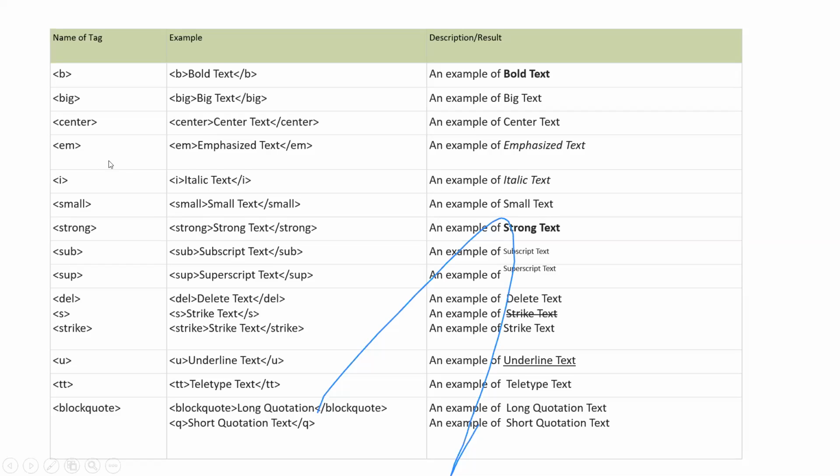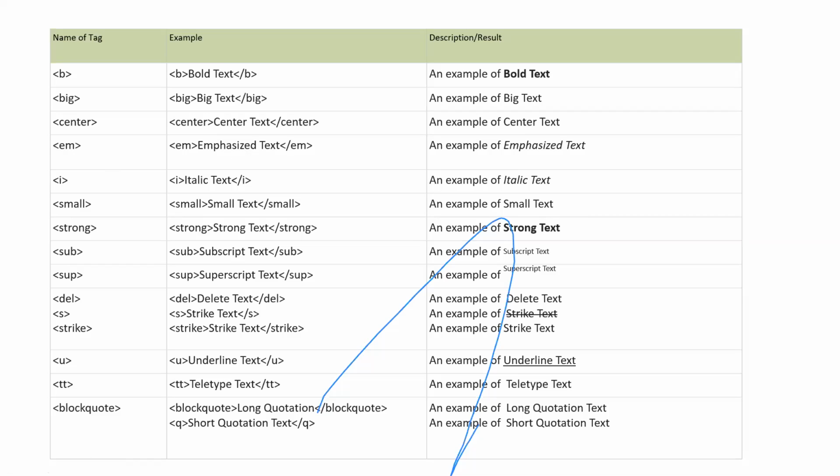Next one, EM, emphasized text. This tag makes your message an emphasized text.